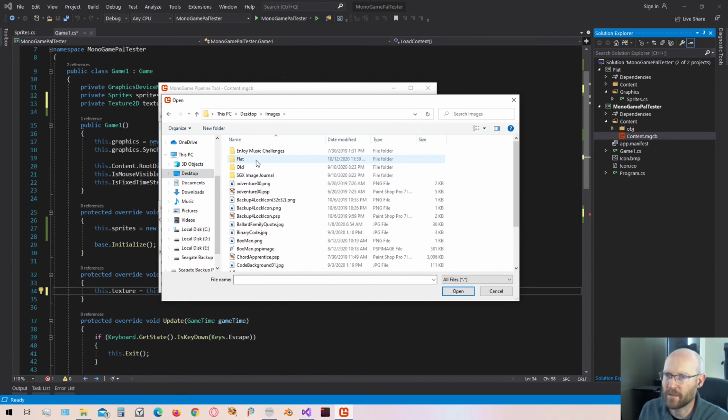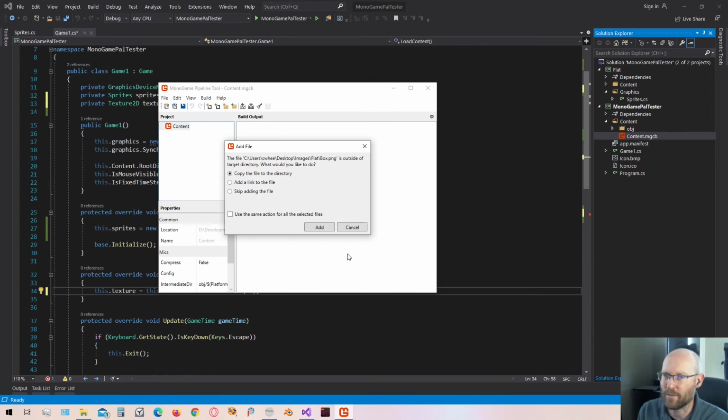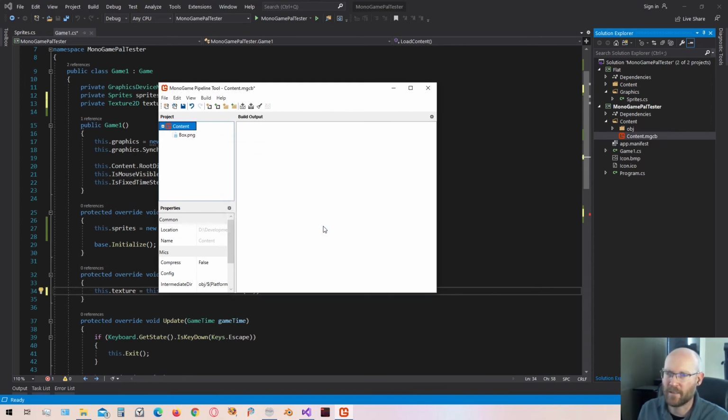And if I go here, I created an image, a PNG image, just called box, and it's just a face in the shape of a box. So we'll click that and open. I think what I'm going to do is just add a link to the file, and it'll just look to that location every time. Now once we have it in here, we need to actually compile this, alright,